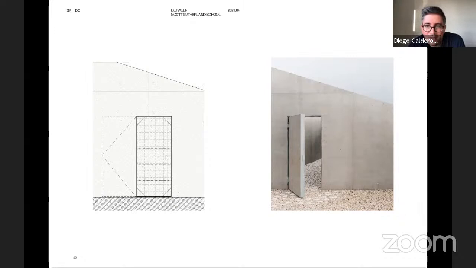But actually, in this case, we realized that the project was almost asking for this door to be secret, so to speak, and to be made of concrete. And this opened up a new chapter in terms of tectonic complexity. And at the end of the day, it's not only an anecdote for the project, but it's a way of saying that these ideas for buildings, at some point they need to feed themselves from congruence and from coherence with the ideas at their heart.